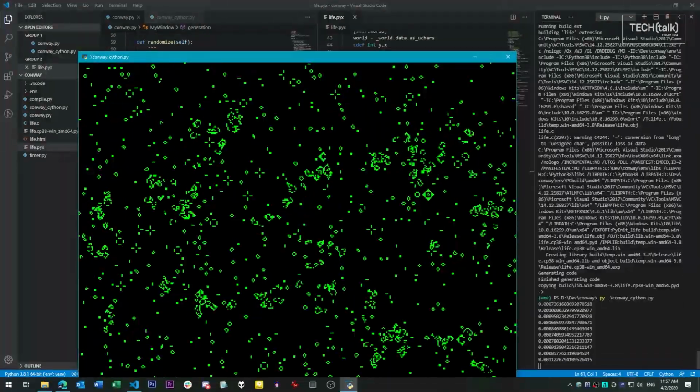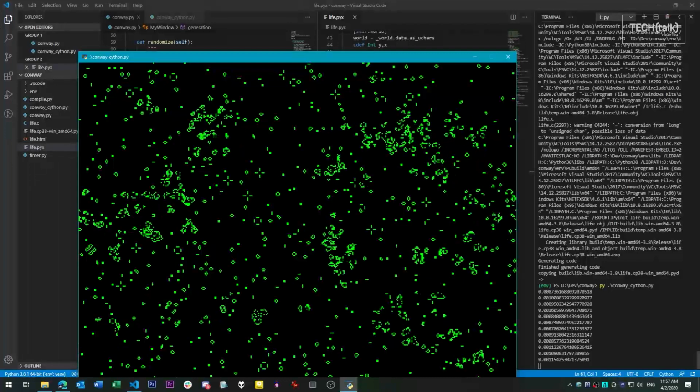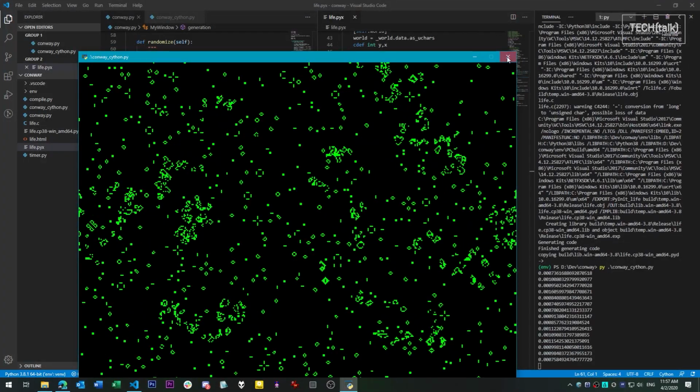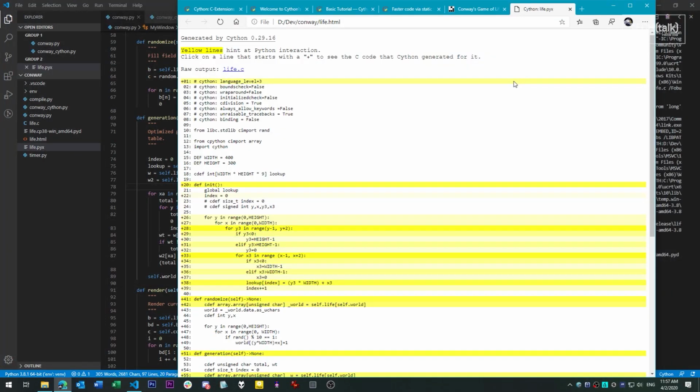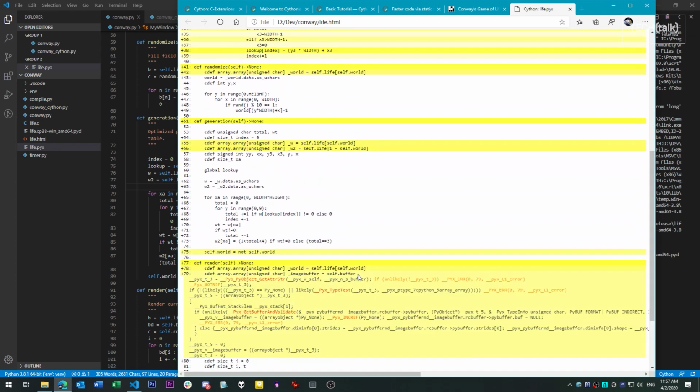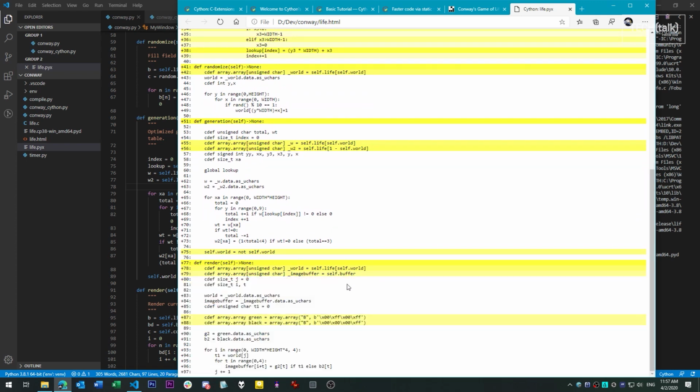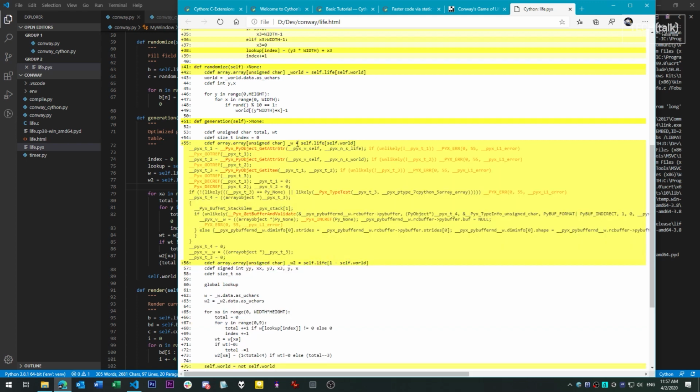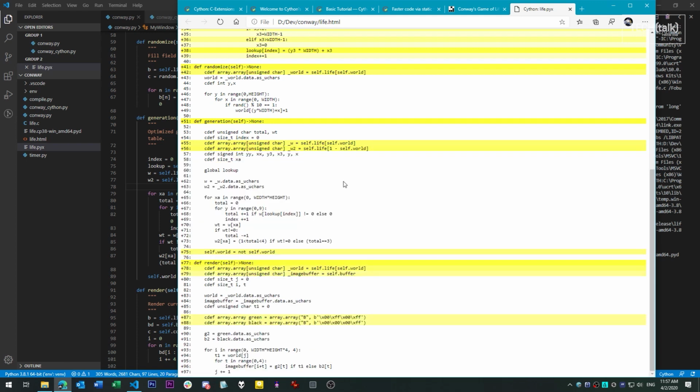smaller. Cython also provides you with visual tools to get an idea of how optimized your code is. When you compile a Cython module, it generates an HTML report file alongside it. Lines in yellow indicate that the code isn't fully optimized because it still references Python objects in some way. If you click on a yellow line, you can see the underlying C code. The functions where we do most of our hard work, generation and render, are almost completely optimized. The only unoptimized code is in the setup parts of the functions, which we can't do much about, and they don't run in tight loops anyway, so they're not a major source of any bottleneck.